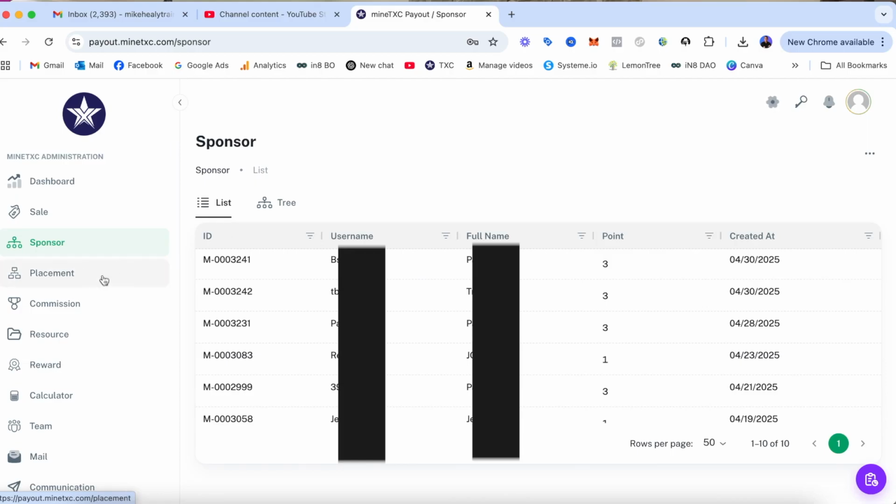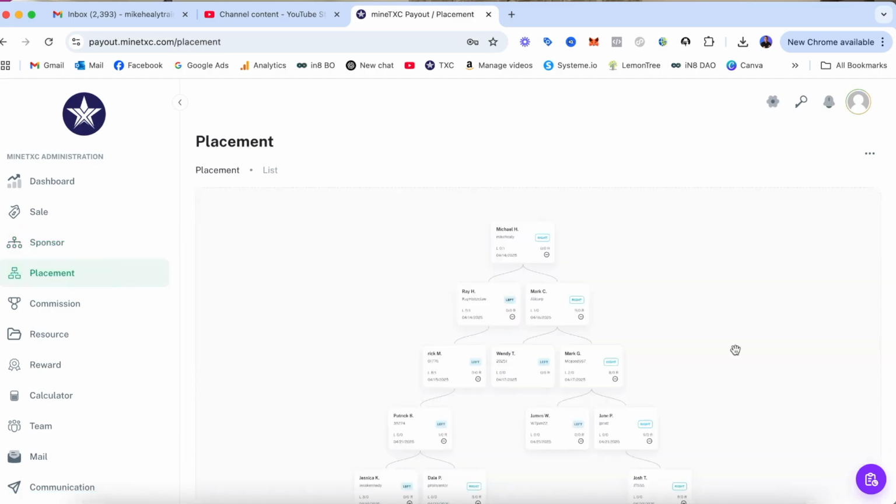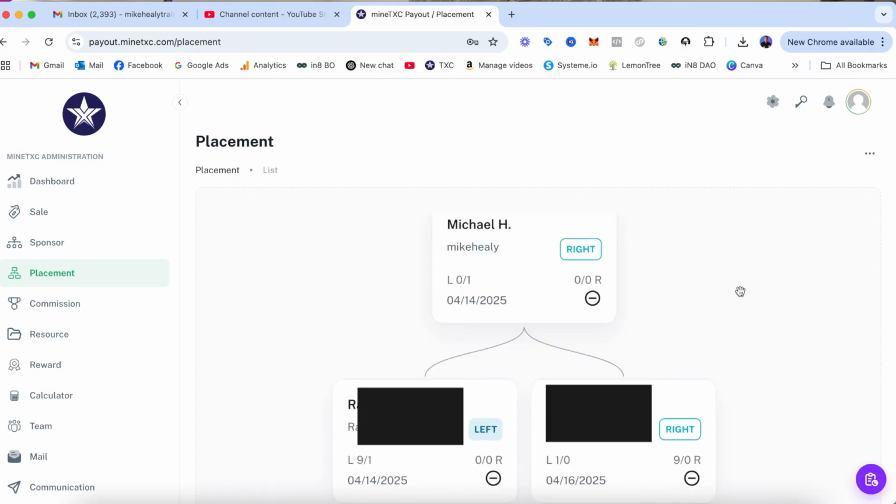Now, placement is how you see, if you decide to be an affiliate, if you click on placement, you'll see a tree pop up. What the tree does is it shows you a left side and a right side. So if I was to zoom in, you're going to see that starting today, the day I'm making this video, based on the points that I had last week, they've gone to basically zero because I maxed out the comp plan, and there's already a point that has actually shown up